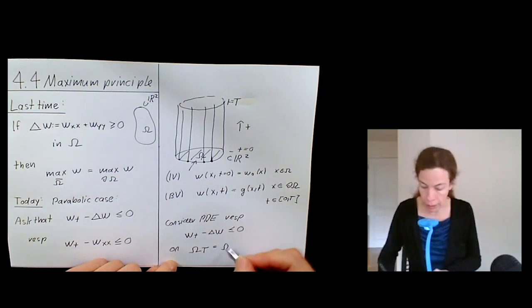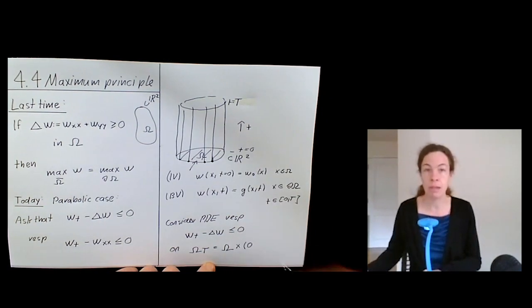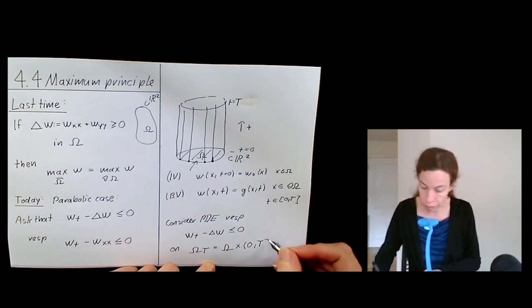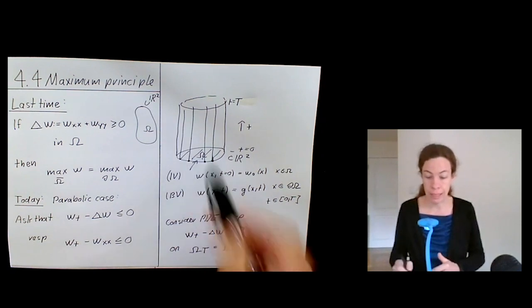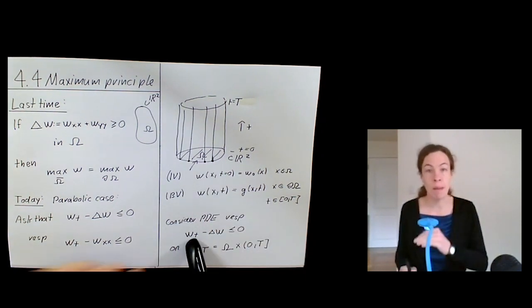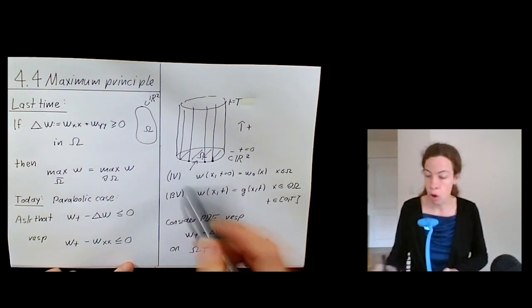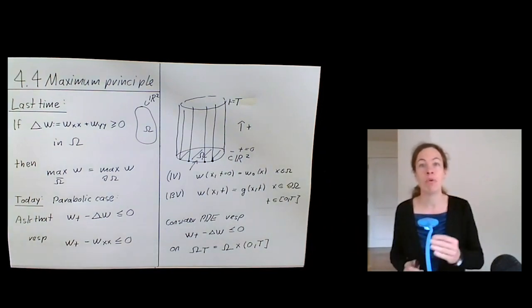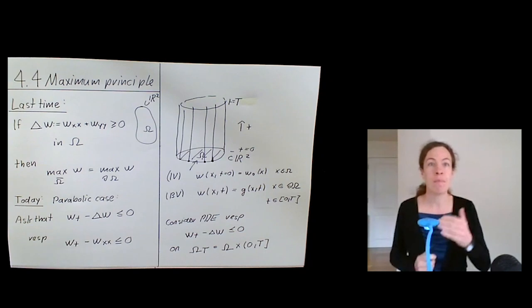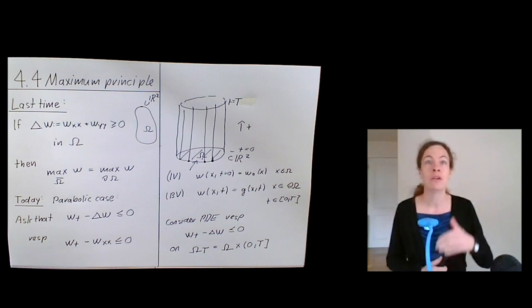So here this is omega, the interior of my spatial domain, cross the time interval that doesn't involve 0, but that involves the final time. And what we want to see is that if we are in a situation like that, then I can get information of W on this domain here based on just information on W on these 2 bits of the boundary. And together we're going to call this the so-called parabolic boundary. That's the part of the boundary where for a parabolic problem you're going to impose the data, so the initial values and the boundary values.